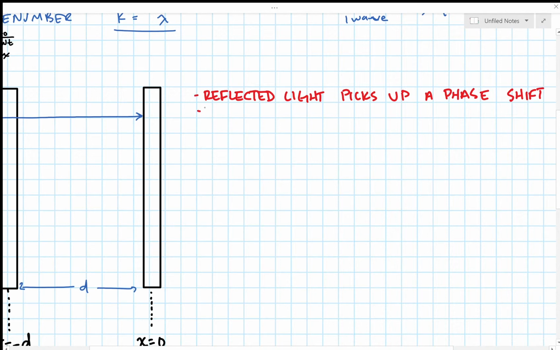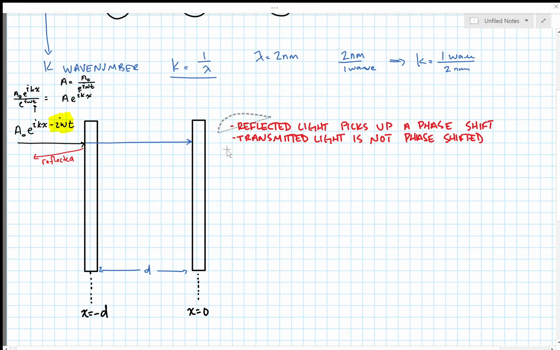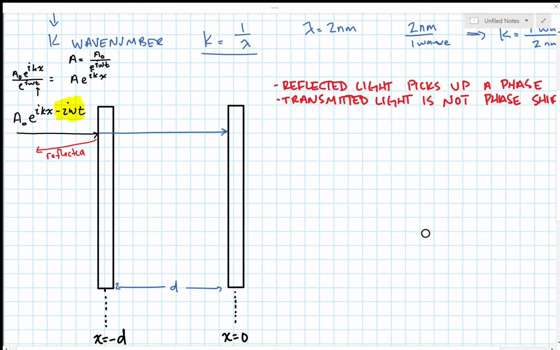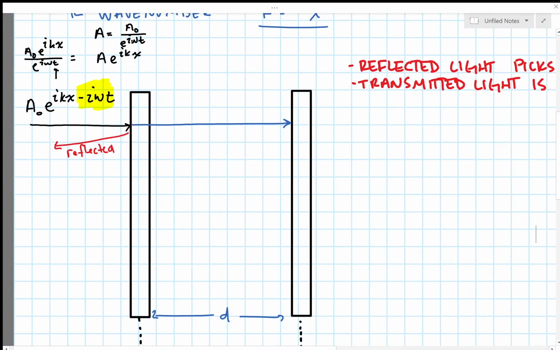Transmitted light is not phase shifted. This is a general rule of optics, and this is the idea that we're going to take advantage of throughout. So this first beam of light is actually not phase shifted at all,